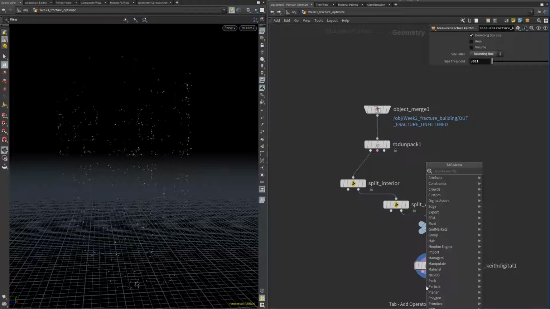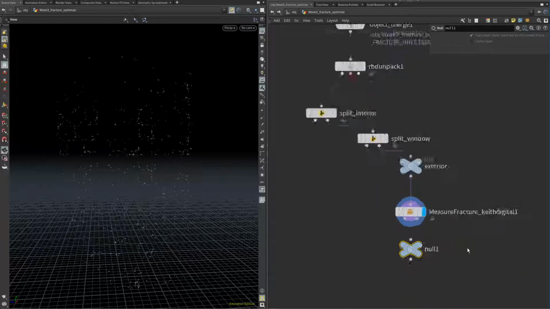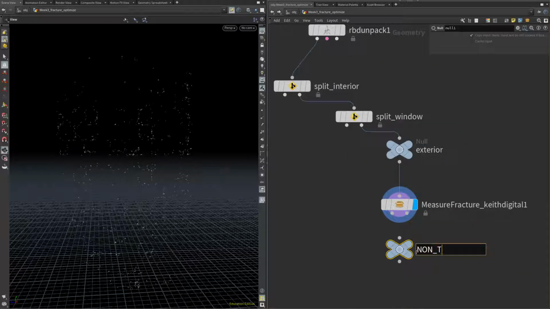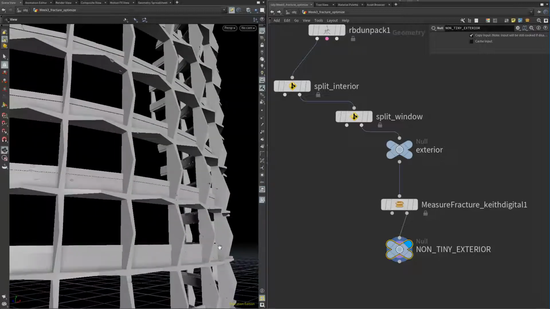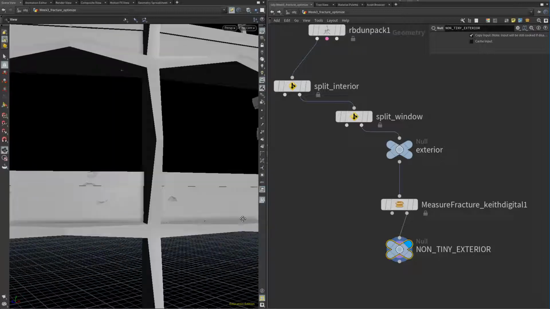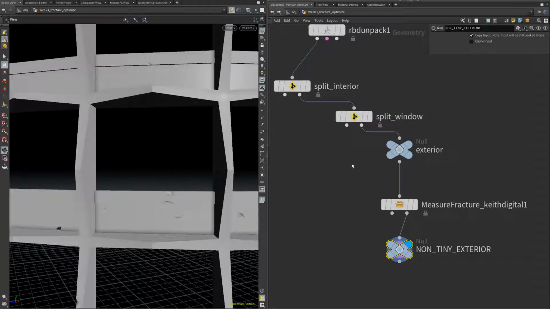But before we decide on a value, we should probably check the intact remainder of the building. So you can just drop in a null. I'll call this non-tiny exterior. Connect that to the second output of the measure HDA. And then we can see what those holes left behind look like. So I'll switch that to smooth shaded mode and zoom in a bit. And some of these holes are still looking like they're probably a bit obvious. And I'm going to go even smaller with this threshold. For this, I'll try